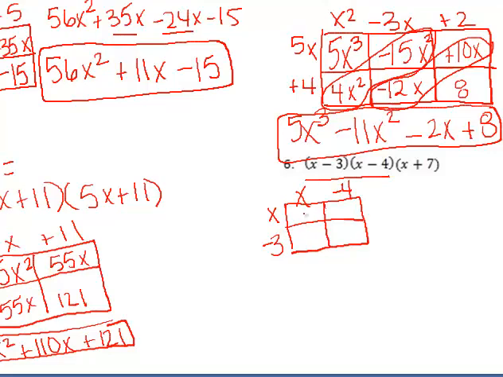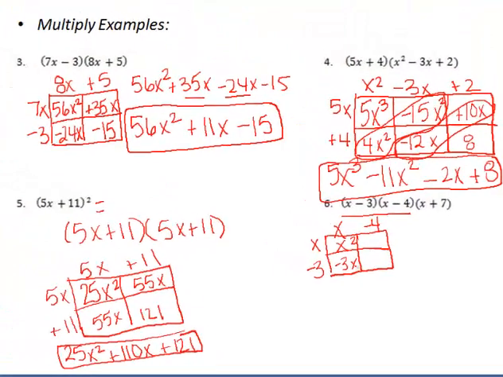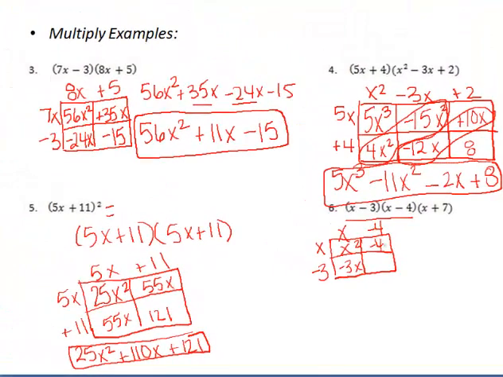So I multiply those together. I get x times x is x squared. I get negative 3x on the bottom, negative 4x on the right side, and then negative 4 times negative 3 is a positive 12. Okay, so when I combine my like terms, I'm going to get x squared, negative 3x, negative 4x is negative 7x,